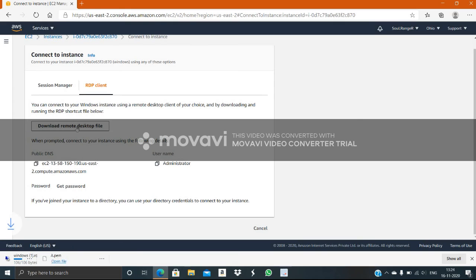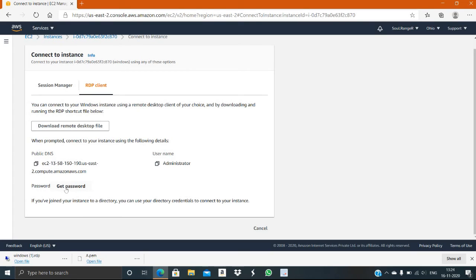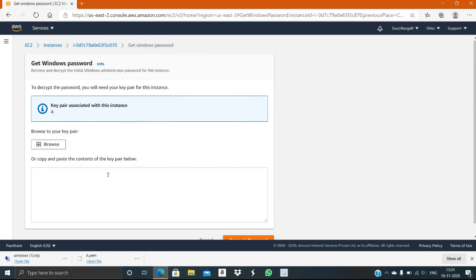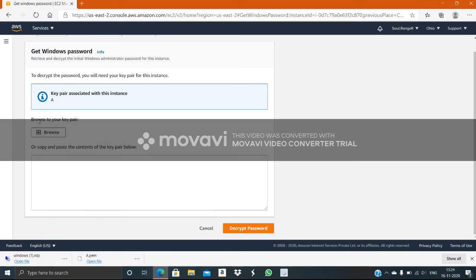It is downloading. So the RDP file has been downloaded. Now we have to generate the password of the virtual machine. So click on get password. Remember that we have downloaded the key pair file a.pem in mine.